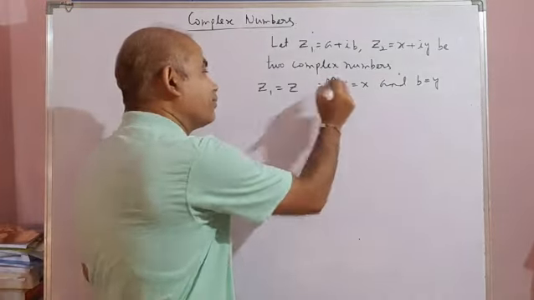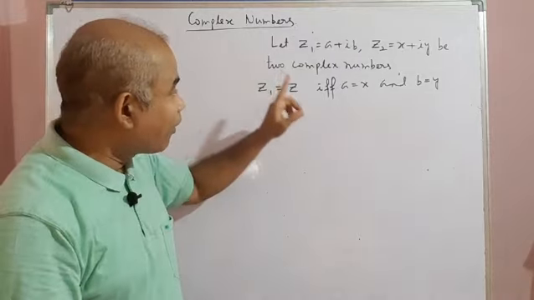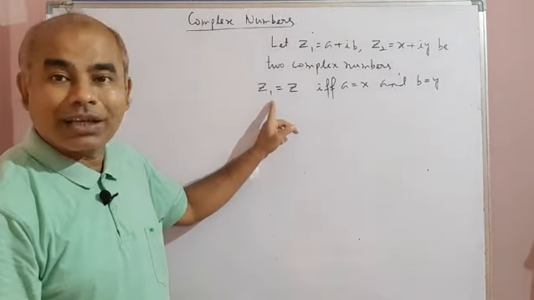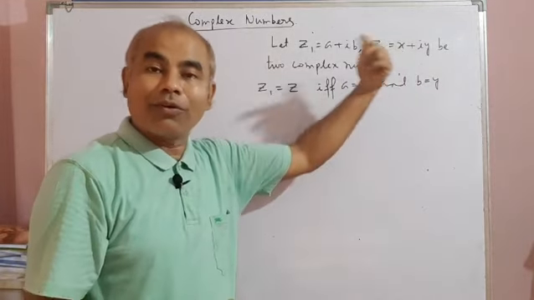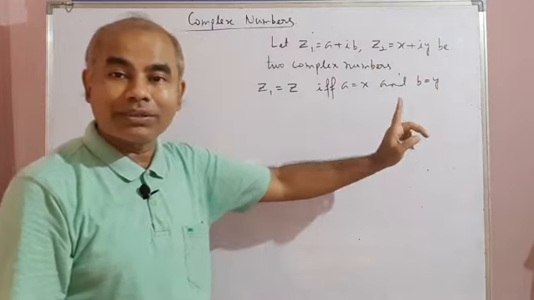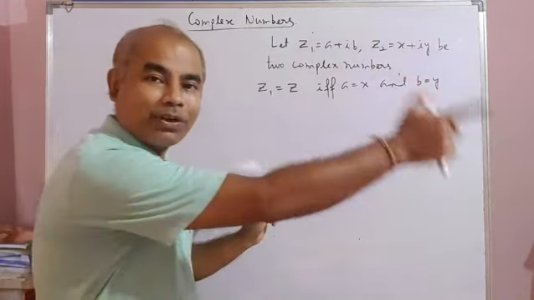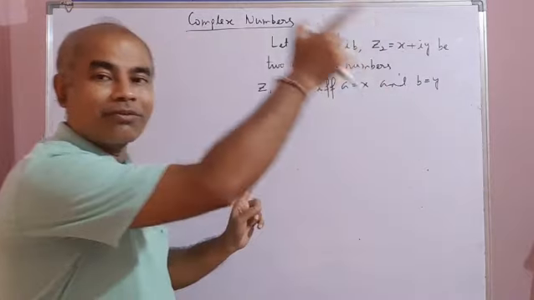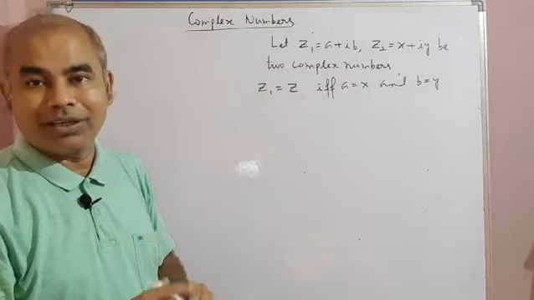Only if, which is written like that, you already know. Only if means if two complex numbers are equal, then their corresponding real and imaginary parts are equal. Conversely, if corresponding real and imaginary parts of two complex numbers are equal, then the numbers are equal. Numbers are equal means their corresponding parts are equal, and corresponding parts are equal means the numbers are equal. Therefore, we use if and only if.